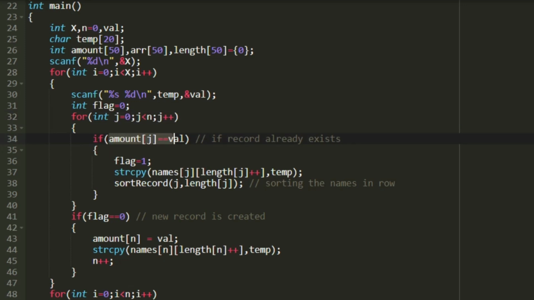So I am creating a loop that iterates from 0 to n, and in every iteration we will be checking whether the amount of j is equal to val or not. If this condition is satisfied, then already a record with that particular purchase amount is existing. So we have to just add the name of the customer into our records. So first I will be setting flag is equal to 1 because the record exists, and we will be copying the name of the customer into the names character array. So using a string copy function, I am copying the characters present in the temporary array into the names array